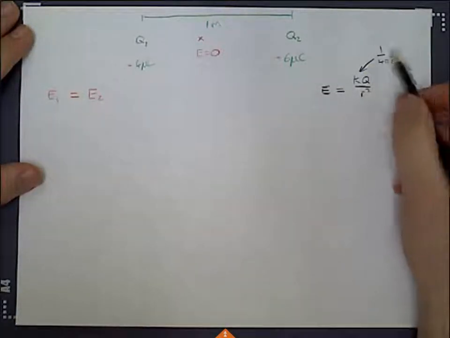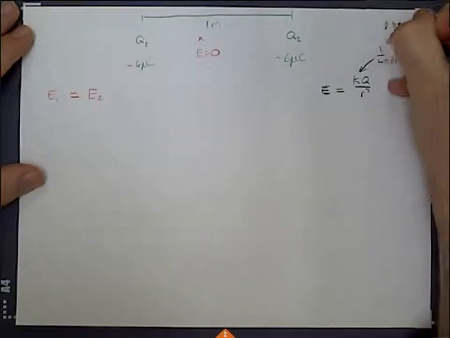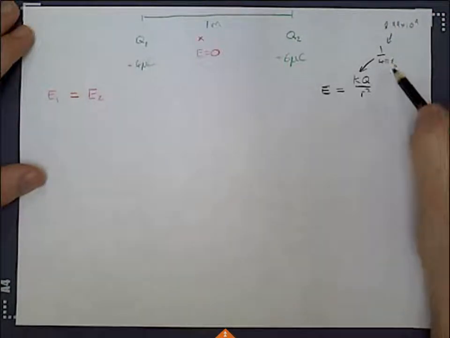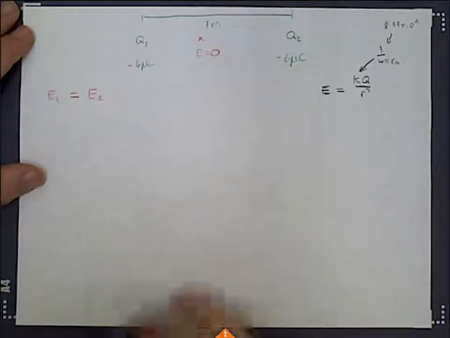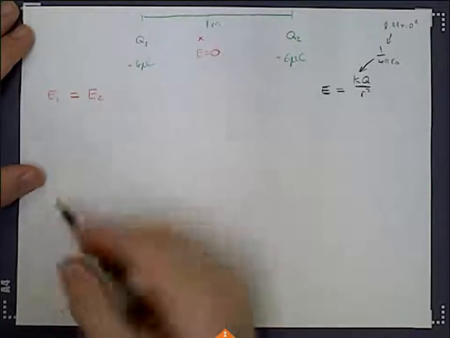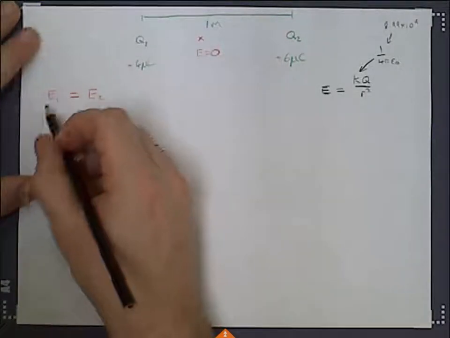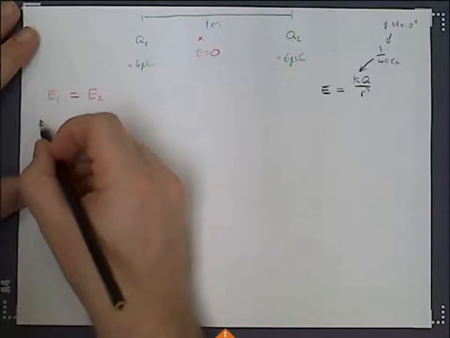But for all intents and purposes, we are going to accept this value as 8.99 times 10 to the 9. And that's what this would work out as, using the permittivity of free space here. So all is well in that instance, and that's what we're going to use. So we have a calculation over here that we can then write down, that KQ1